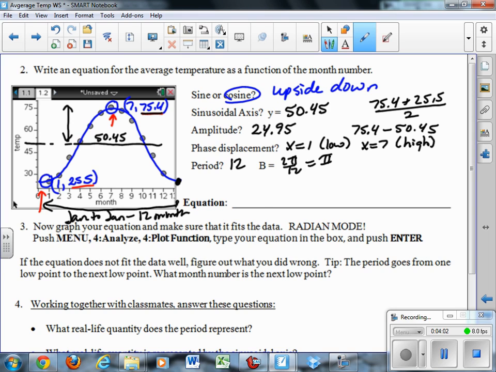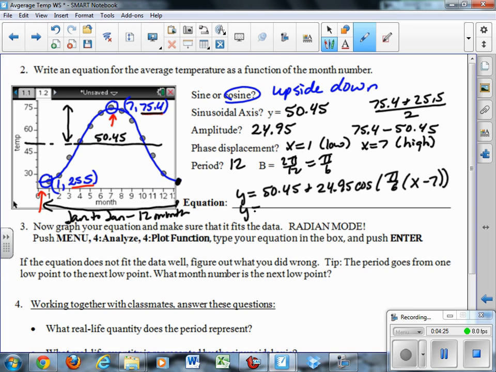So we're ready to write the equation now. So we can say y is equal to 50.45 plus 24.95 times the cosine of pi over 6 times x. Now I've got a positive amplitude here, so I'm going to use the x minus 7. If I wanted to use a negative amplitude,